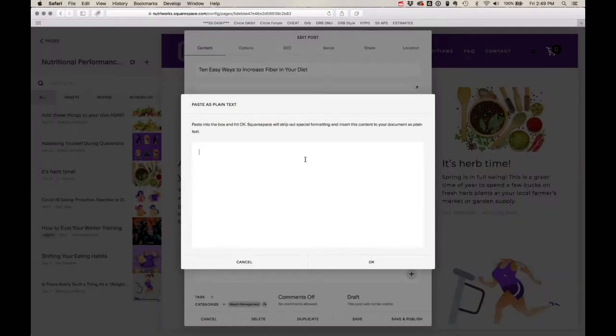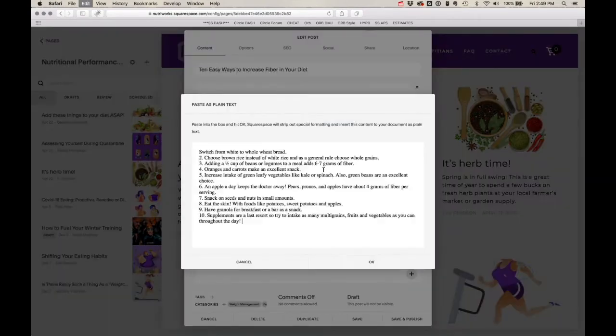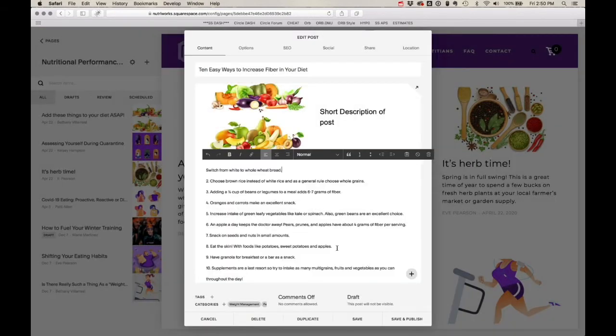So what I'm doing here is pasting the text that I've copied, and this is really important, using this text box to paste all that information in, so that it cleans it and keeps it from introducing things that we don't want, different characters that can be hidden in there. So do that, and then